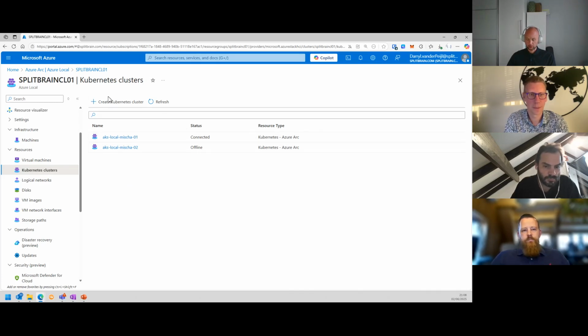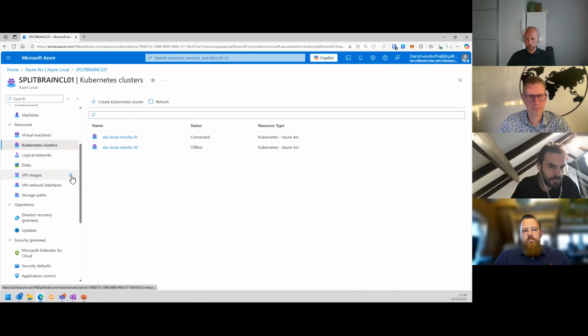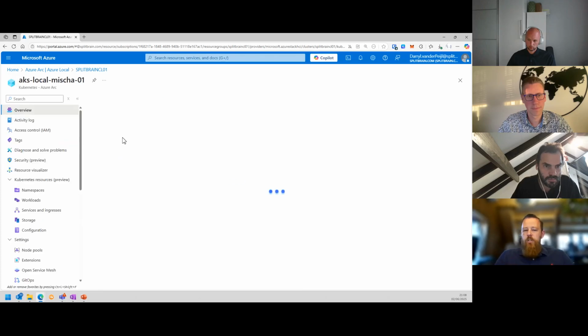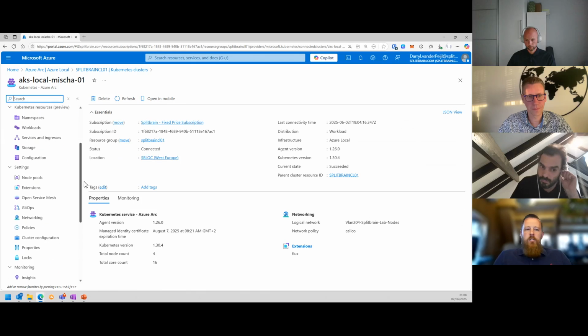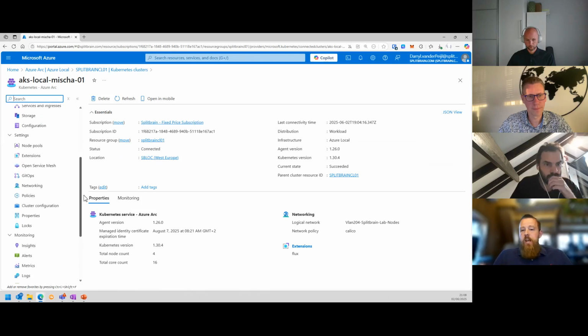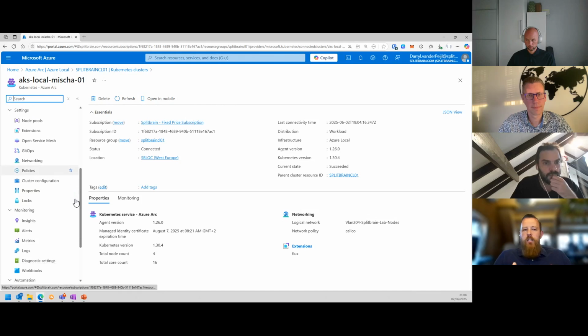Right, the same process we can do for a Kubernetes cluster. So you can deploy one from the portal, but you can also do it through an ARM template or Bicep or API calling. And I think the good thing to mention is if you click here on create an AKS cluster, it will look the same as if you would create one from the Azure portal for Azure Public. So also for your management team, your IT team, it won't be such a massive shock, and it will be a similar interface. It will be similar deployment types. But that's very useful for them as well.